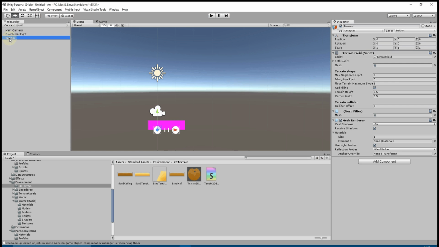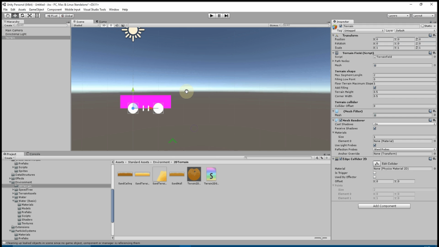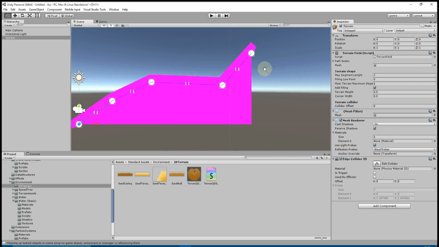Now, select the terrain, and we are going to get this pink rectangle. These two balls you see here are used to move the terrain node to modify its shape. This is an example, so this is still minimal. So let's Ctrl and right click on the mouse on some other places, and we are going to get